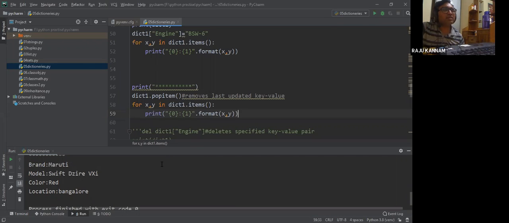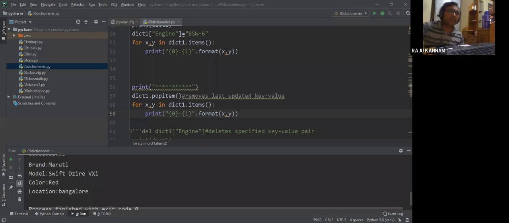In some application, for example, you are doing some registration, and the user registered but made some mistake. Instead of RAJU, he might have typed a different spelling, so you want to cancel that.